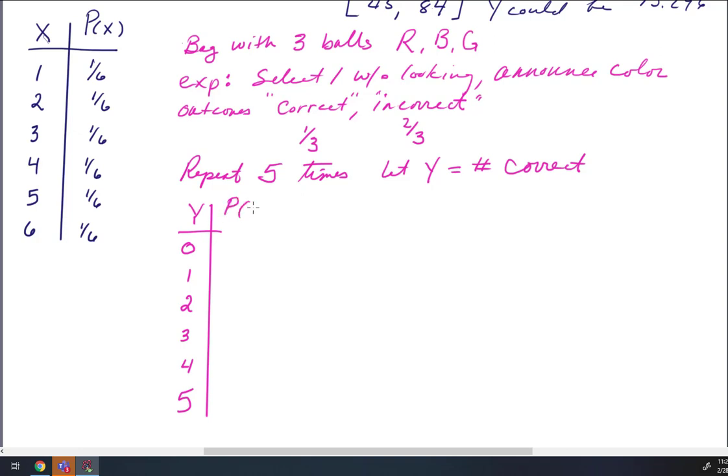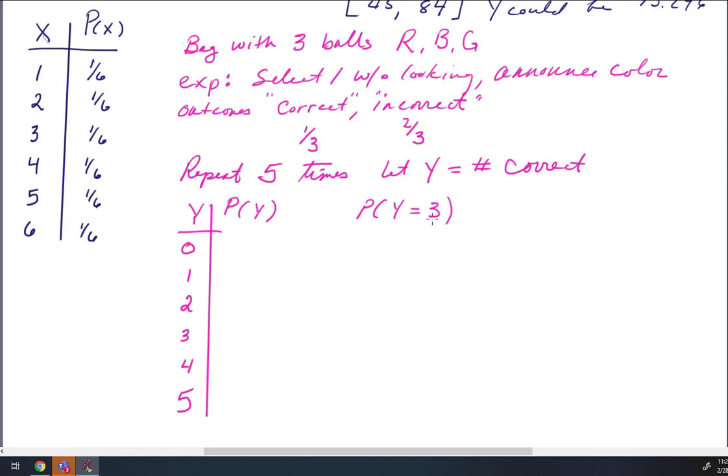Now we want to calculate the probability of these different outcomes for the random variable. And when we do that, we'll have completed this T-diagram and have something called a probability distribution. So let's come over here to our scratch paper and think about some of these probabilities. Maybe let's start in the middle and think about the probability that y is equal to 3. What does that mean? That means that you run this experiment 5 times, you get it correct 3 times, and